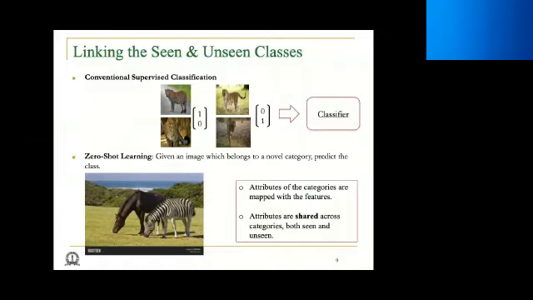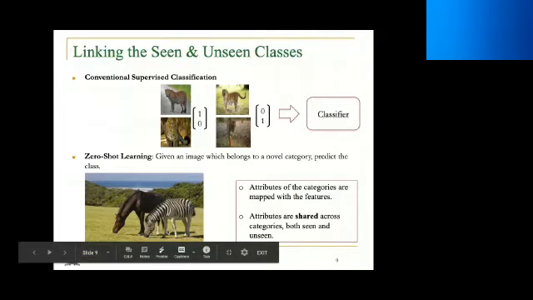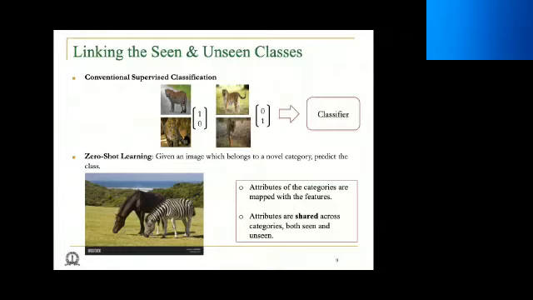Let's look at this image which shows a horse and a zebra. For example, let's assume that we know what a horse is. We have seen images of horses, but we have never seen a zebra. But we know the concept of stripes and color. So if someone tells us that a zebra looks like a horse, but it has white and black stripes on its body, then even without seeing any image of a zebra, the first time we see a zebra, we will be able to understand that it is a zebra image, right?